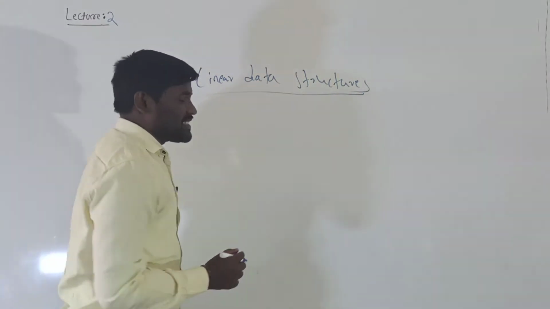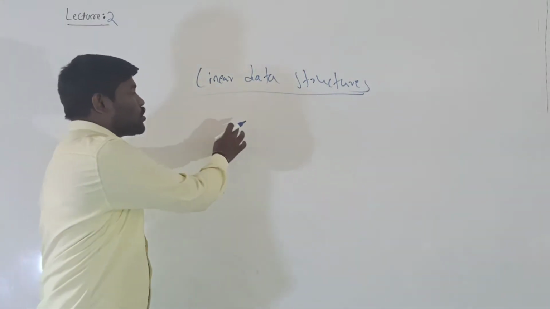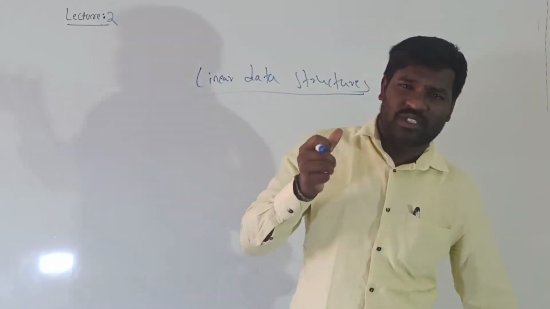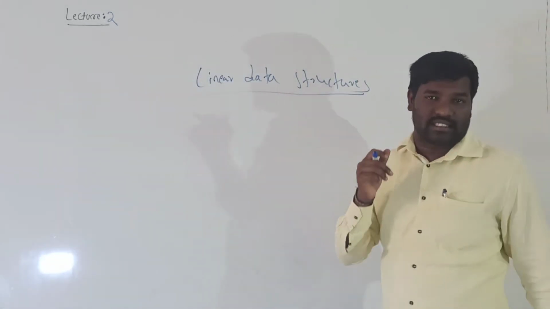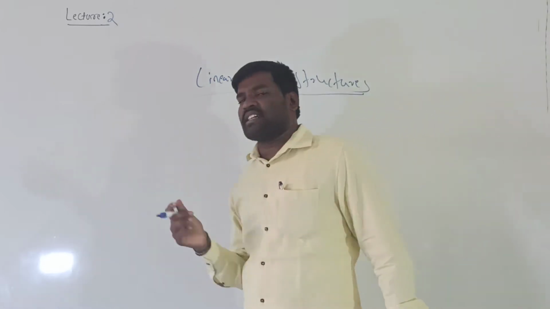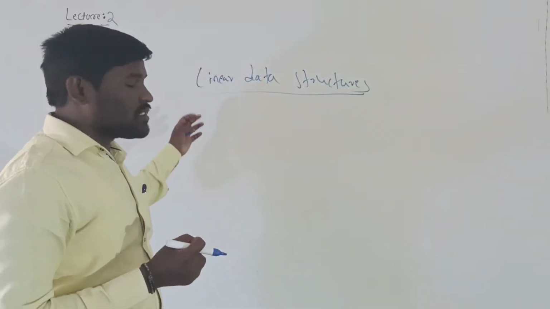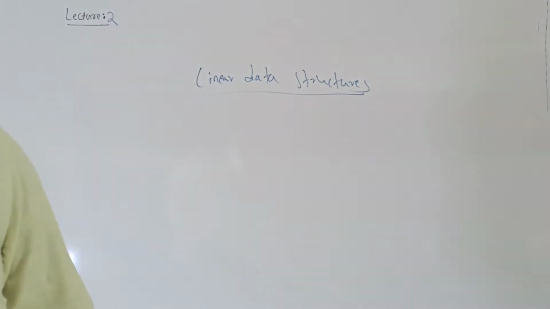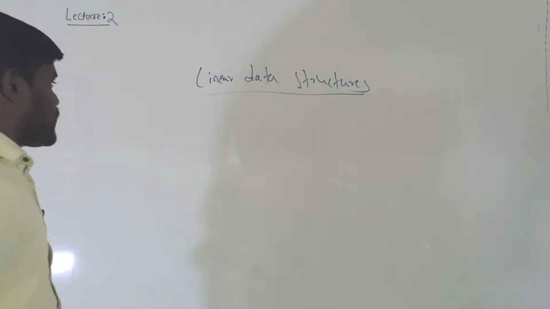So here linear data structures are nothing but the homogeneous data elements. We already know what is homogeneous. Obviously homogeneous data elements are nothing but the arrays. So with the help of linear data structures we can perform some operations. The operations of linear data structures are, so first one is